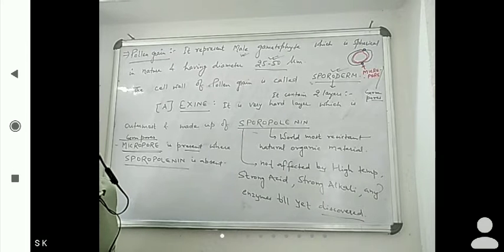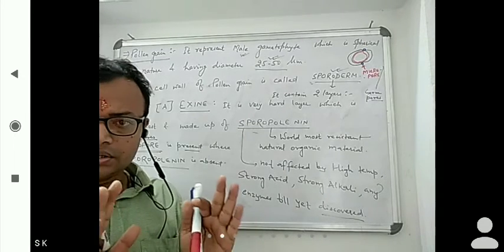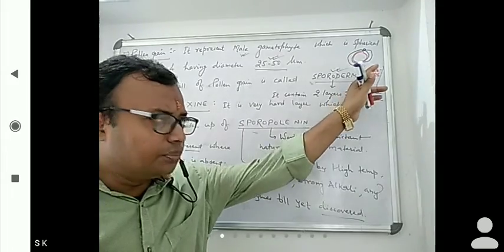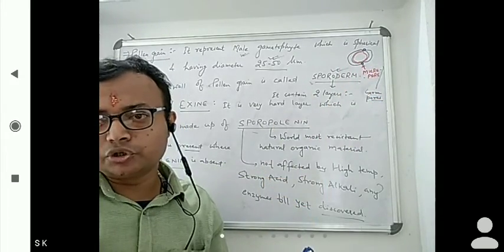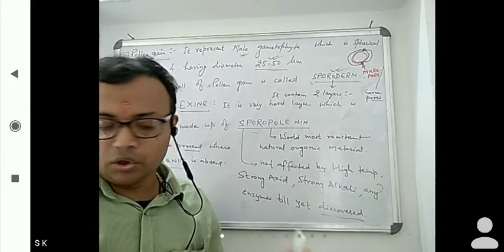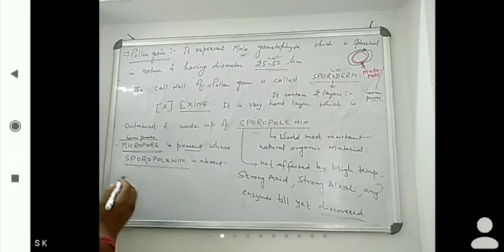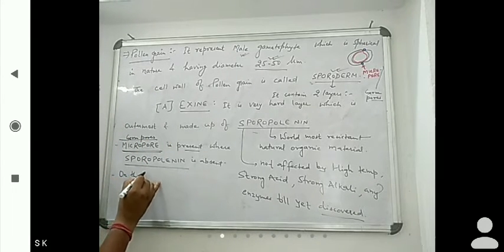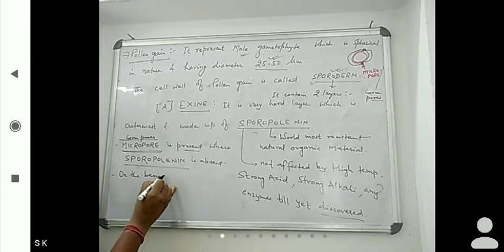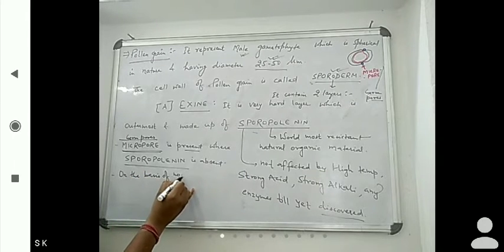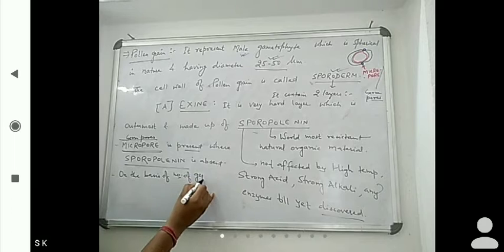Now this micropore may be one, maybe two, maybe more than one. So next we have to see, on the basis of number of germ pores,